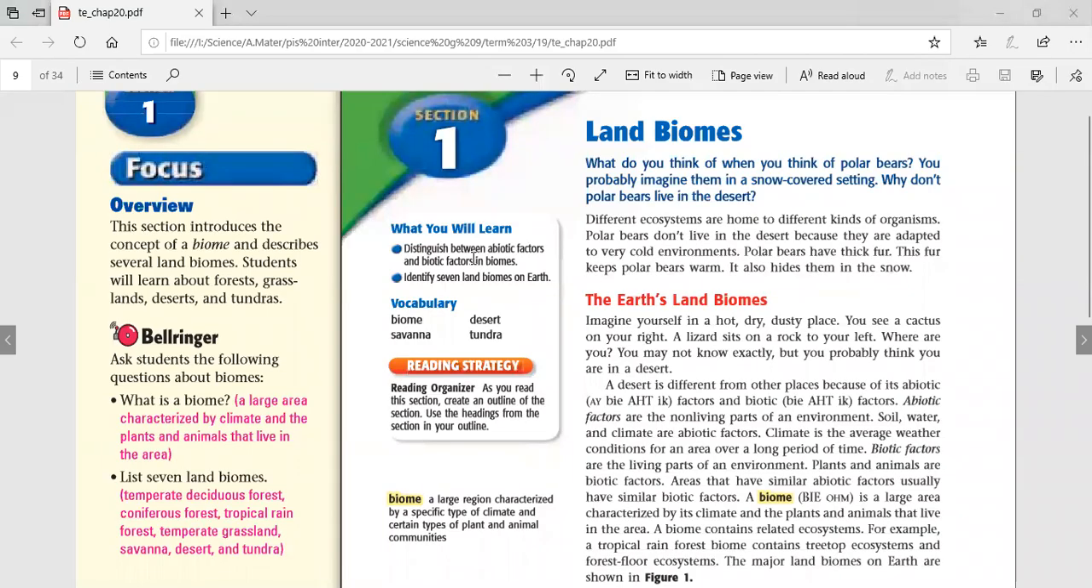Today, inshallah, we're going to start a new chapter, chapter 20. We keep talking about ecology. In chapter 18, we started talking about ecology, which is the study of the environment. We said it's hard to study the entire biosphere at once, so we divide it into levels of organization, starting from living organisms, then population, community, ecosystem, biomes, and